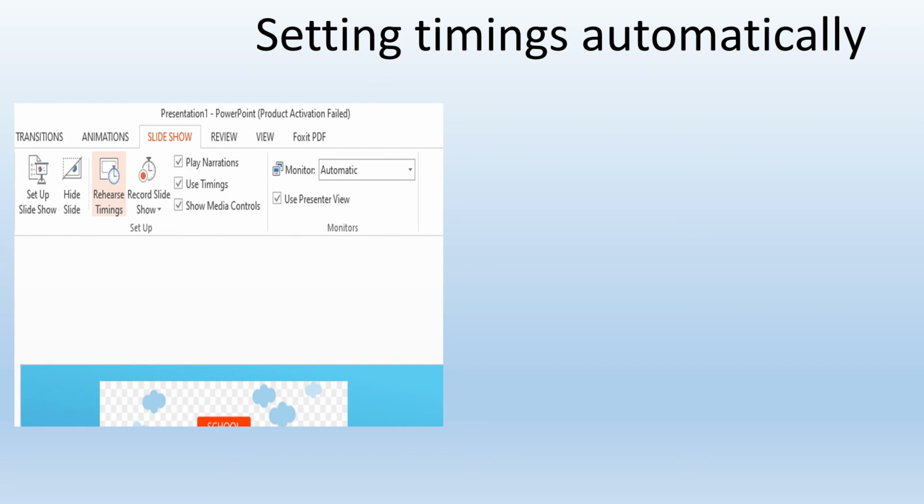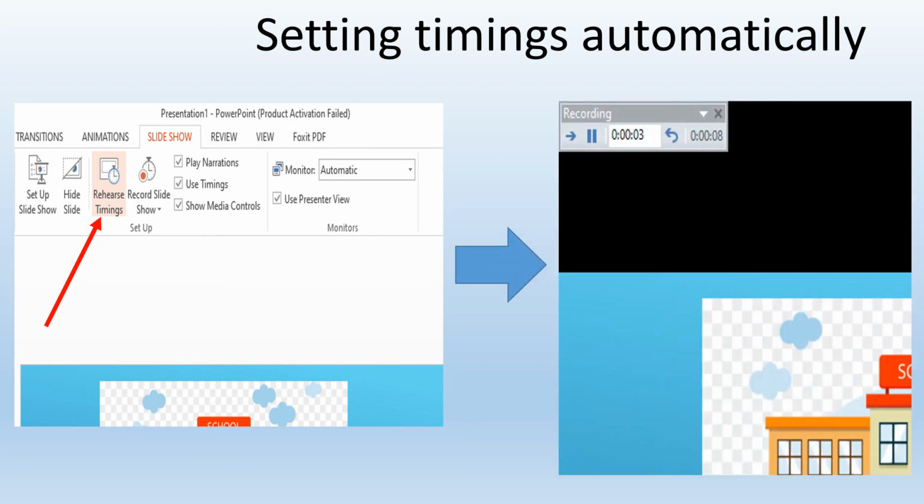You can also set the timing automatically. First select the slideshow tab, then select rehearse timing. Then you will be directed to the PowerPoint presentation mode. There you can see the timing being recorded automatically here.